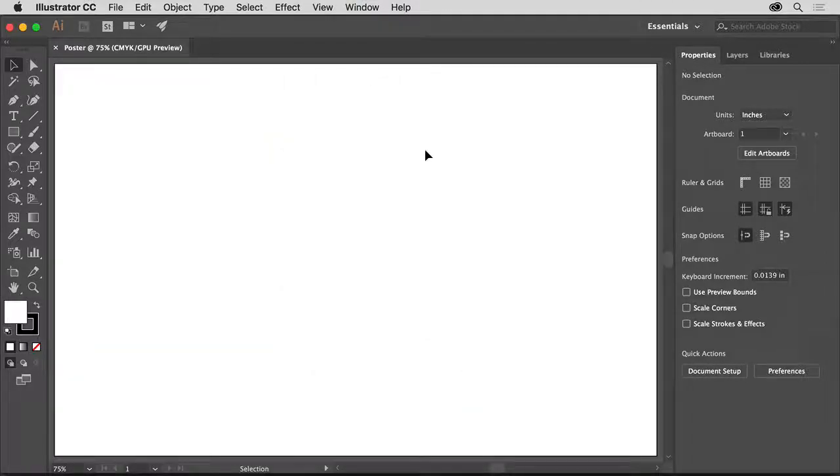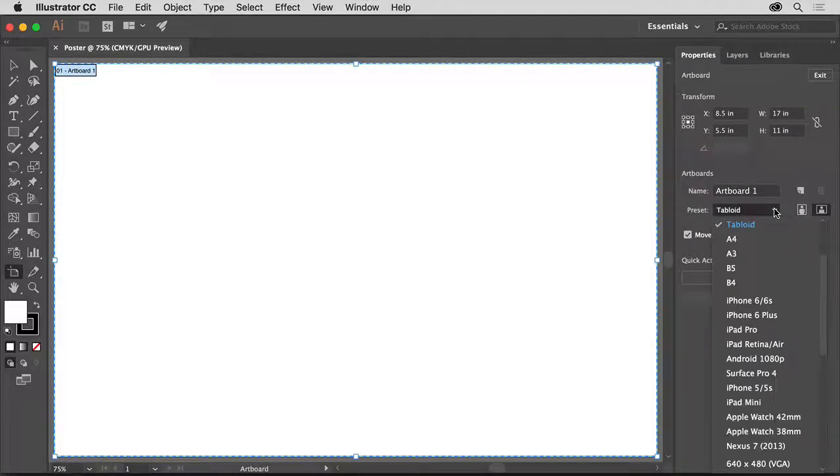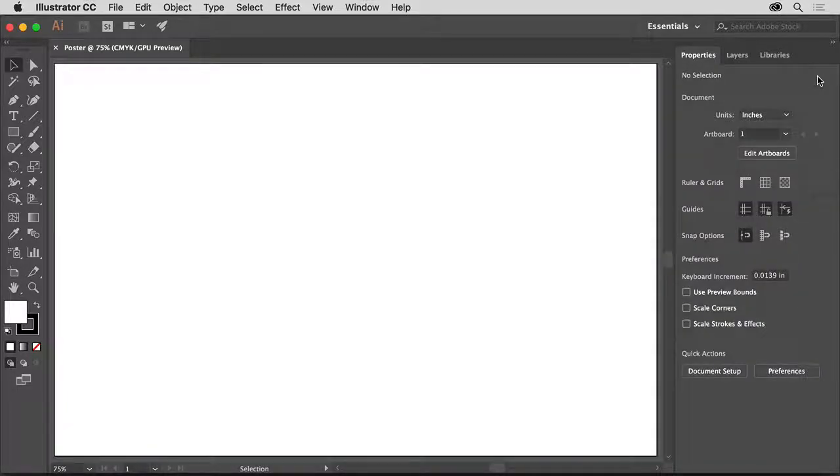Once the new document is open in Illustrator, you can change the document settings you first set, like the units, by clicking the Units menu in the Properties panel to the right of the document. To change the size of the artboard, you can click Edit Artboards to enter artboard editing mode. You can then choose a preset page size from the menu in the Properties panel, change the orientation, and more. To stop editing these artboard settings, you can click the Exit button in the Properties panel to exit artboard editing